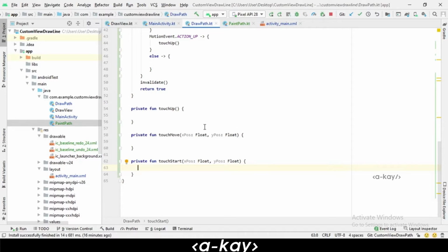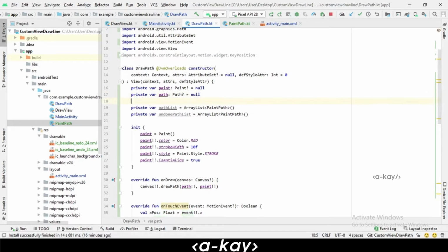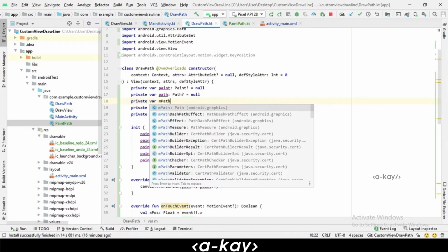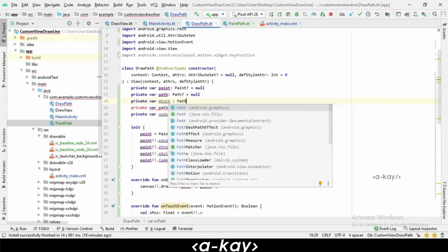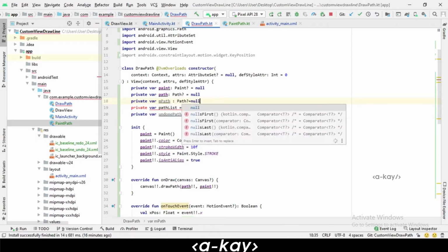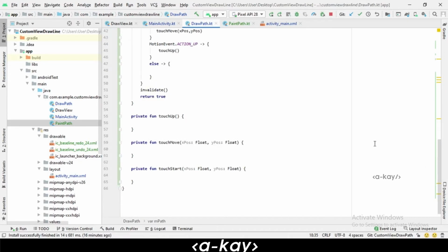Here, first of all, we are going to create one more path object, where m path is defined, which is the motion path. Just a name, you can give any name.